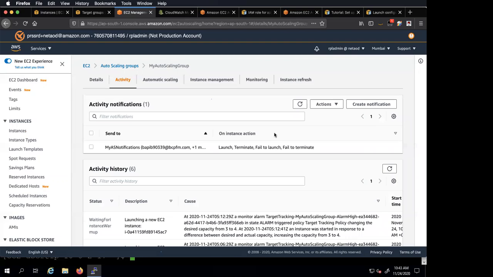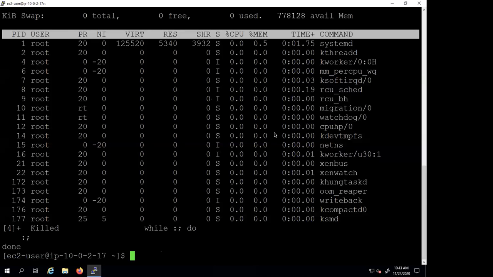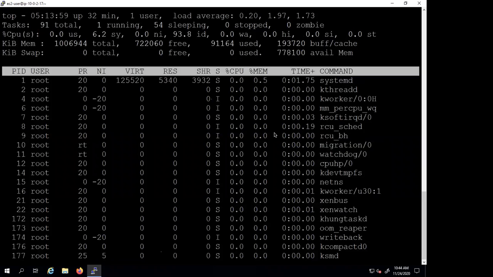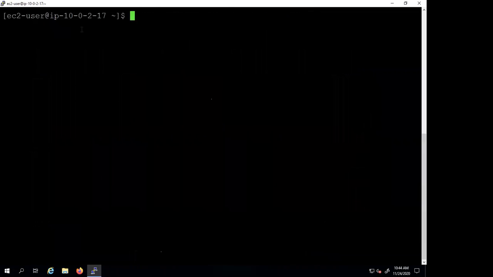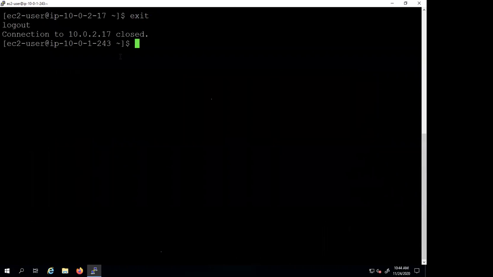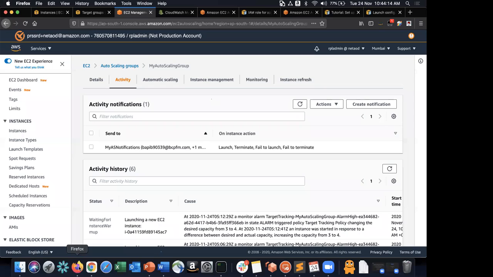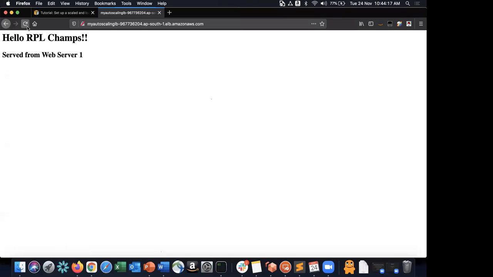So the CloudWatch metrics would respond to that because in about 5 minutes time, you see it's 0% only. Nothing, no activity is happening, correct, on my original instance. So I'll just exit this. If I browse my website, I should be able to browse it because it'll go from one of those instances, correct? In fact, what I'll do is I'll just go ahead and add that instance metadata to that. Instead of saying web server 1, it'll bring it from the EC2 instance ID. So let me just